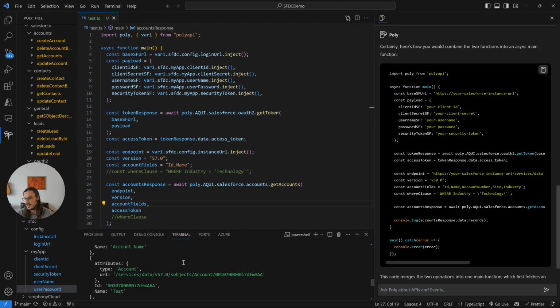At this point, you can take this and evolve it. You can make it into a service that serves a UI with a custom interface. You can build an AI agent out of it. You can use it in an integration. You can write helper functions. So there's a lot of flexibility with Poly where you go next. But I just wanted to showcase how easy it is to get started and start using the Salesforce API using Poly,